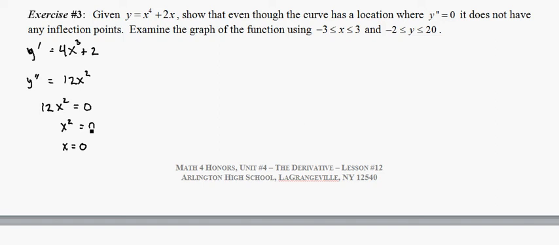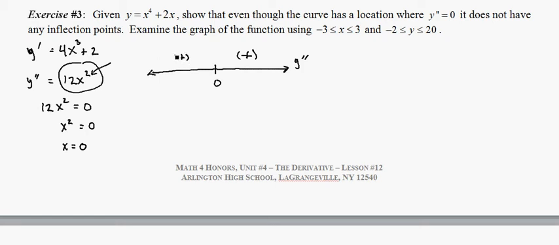The reason that we don't have an inflection point there is because if we do a sign analysis on y double prime, put our 0 on, pick let's say x equals 1, substitute it into the second derivative, we have a graph that has positive concavity. The slope is increasing. Likewise, if we take x equals negative 1 and substitute it in, again we get a positive second derivative. So we have a graph that's concave up and a graph that's concave up. We don't have an inflection point, right? No inflection point because no change